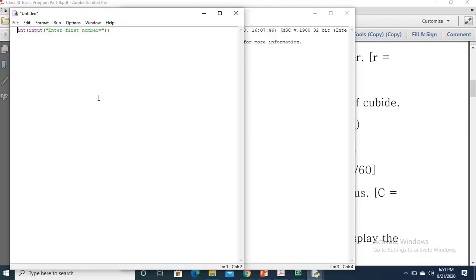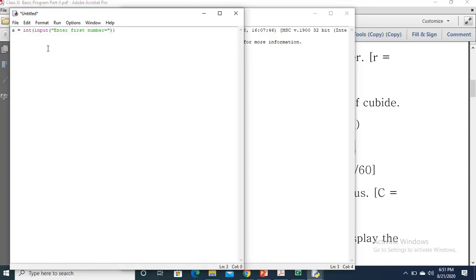For this purpose I will take a variable, say a, which holds the value. Here I have taken the variable a, and you can take any name: a, b, c, d, x, y, z, num1, num2, whatever you like. This is the first input.